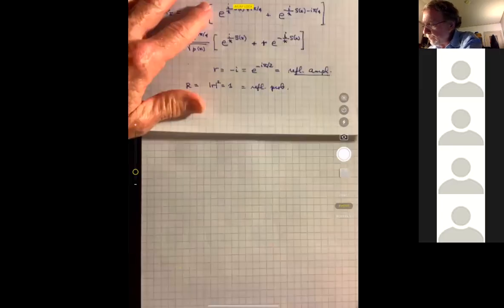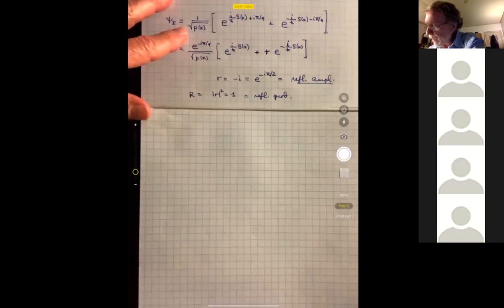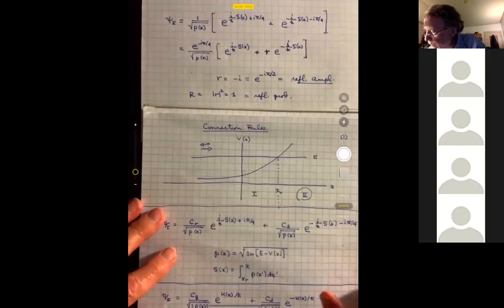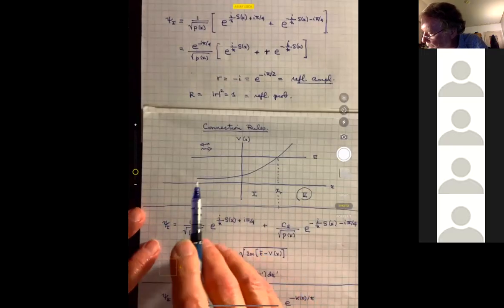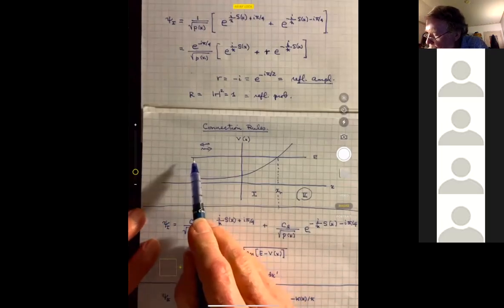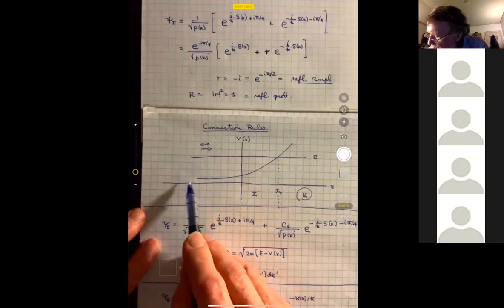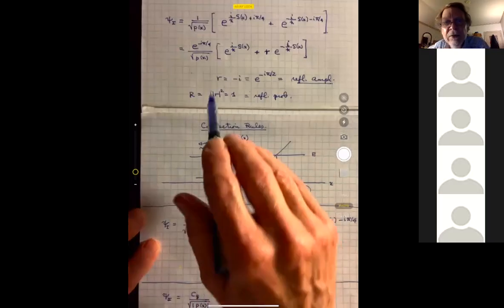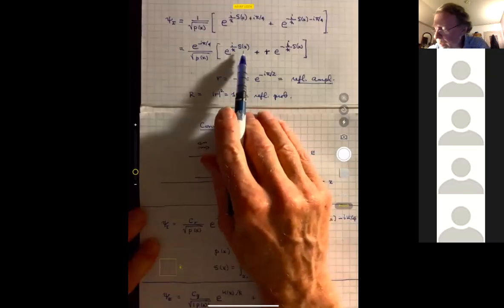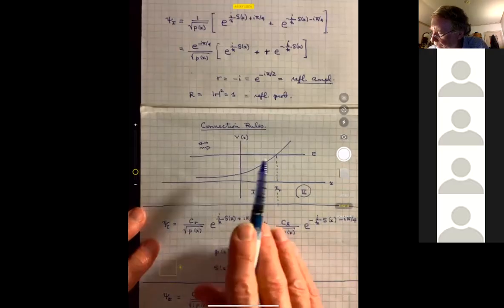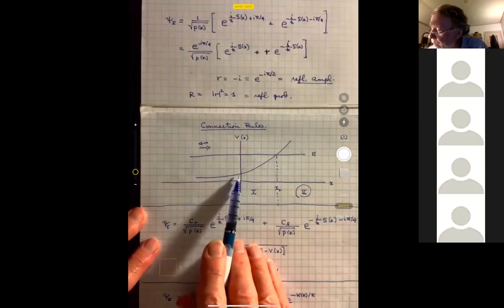Let me make some space here. If I can go back, I keep bringing this picture back because I want to have this diagram here of the actual classical orbits in phase space. We can visualize what's going on here: as the particle comes in, climbs up the potential like that, it integrates p dx to create the phase S of x of the incident wave. That's what that is. And then when it reflects and comes back out again, it's again integrating p dx, but p is now negative and the dx is negative, so p dx is still positive. And what that's doing is causing the